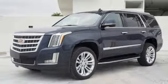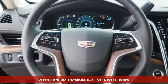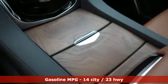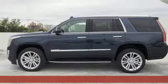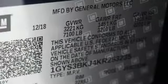Here's a new 2019 Cadillac Escalade. It's iconic and uncompromising and done on a grand scale. It comes with all the amenities you need. V8 engine, magnetic fluid-filled shocks, integrated navigation system with voice activation, power tilt-down heated mirrors, dual-zone climate control, automated parking